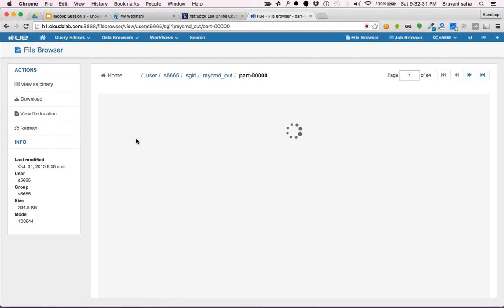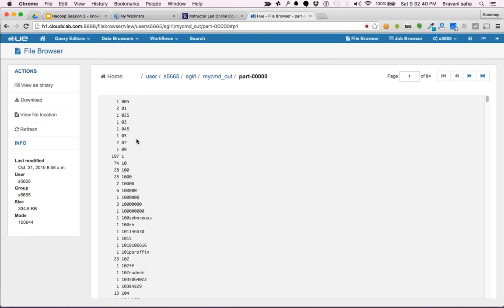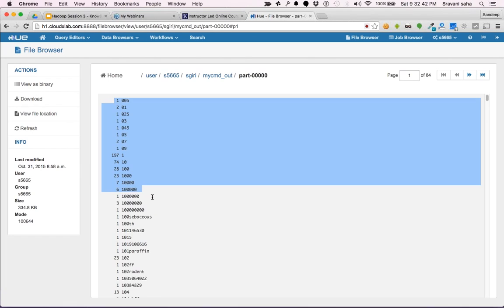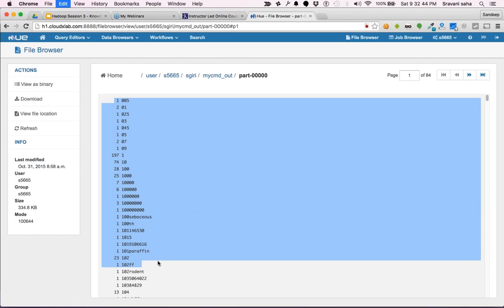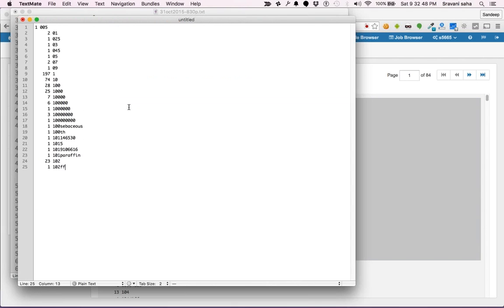Some of the words for the word count went to the first node and some went to the other node. These are the initial words. This is the word and this is the count.